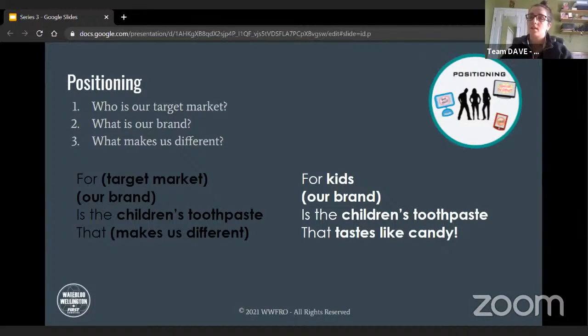Pulling it to FRC, when you think about FIRST Canada, you think about the big faces you know. You think about Karthik, you think about all the things they do in here. That's how they are positioned in your mind. When you think about WFRO, what do you guys think of? Just pop it in chat real quick, if you don't mind.